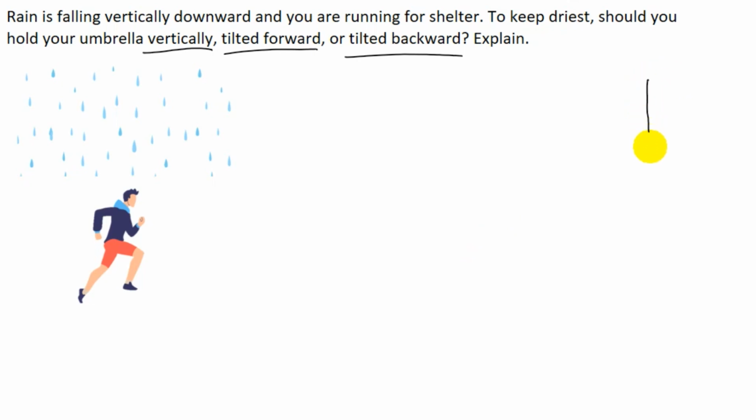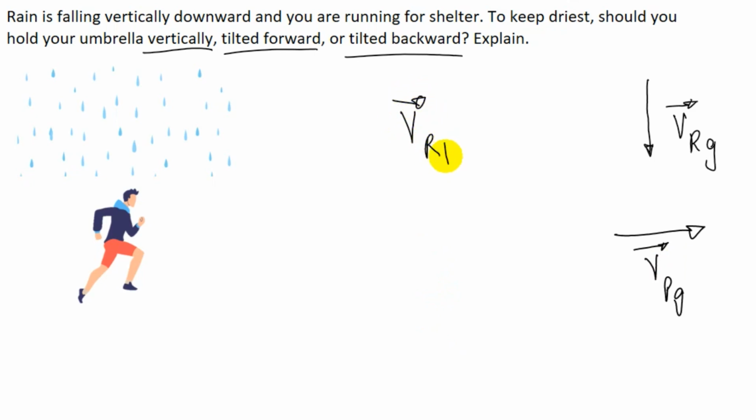The velocity of the rain relative to ground is in the downward direction, and the velocity of the person relative to the ground is in the horizontal direction and to the right side. Now if we are able to determine the direction of the velocity of rain relative to person, then we can give this answer easily. From the concepts that we studied in relative motion, we can write that